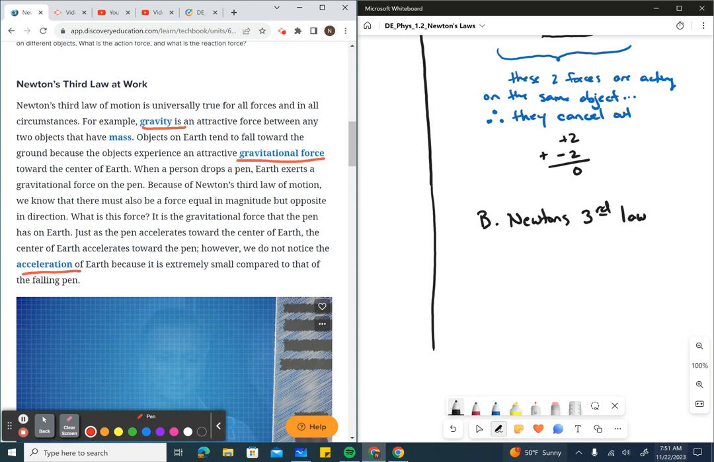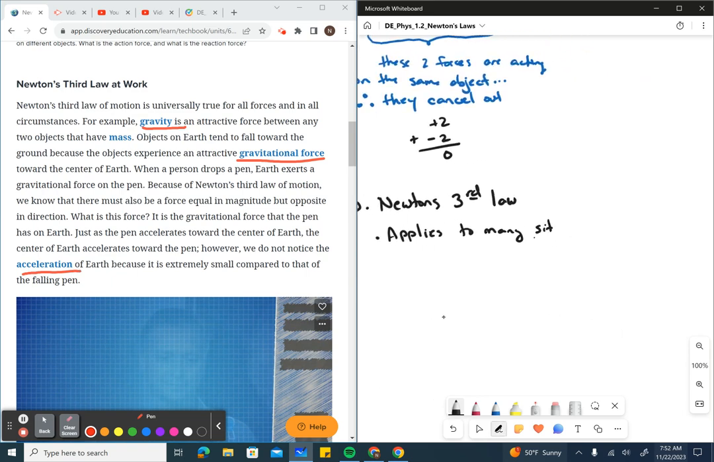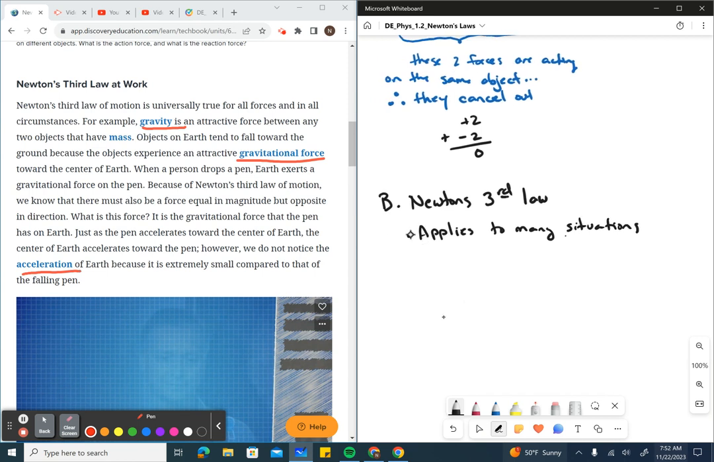So what do we want to say for Newton's third law over here in our notes? It applies to many situations, right? I.e., it applies to gravity and gravitational force. It applies to